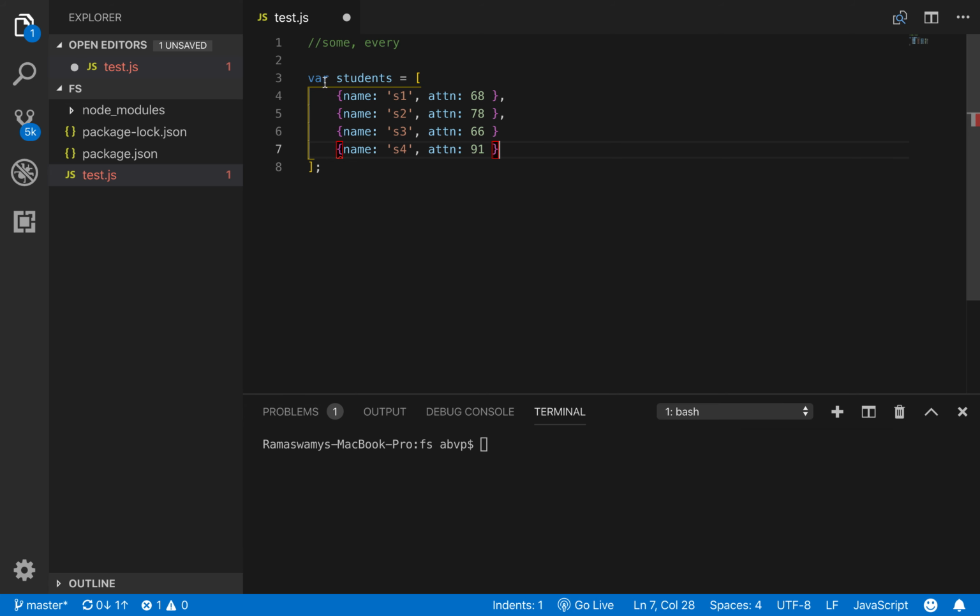So we have a students array containing 4 students, S1, S2, S3, S4, having attendance 68, 78, 66 and 91, all greater than 65.